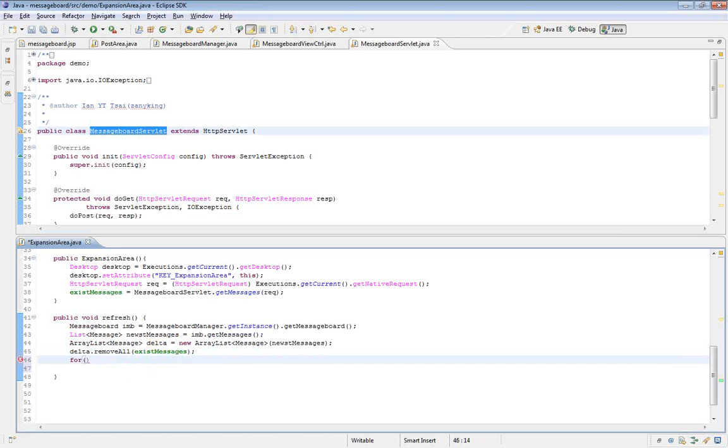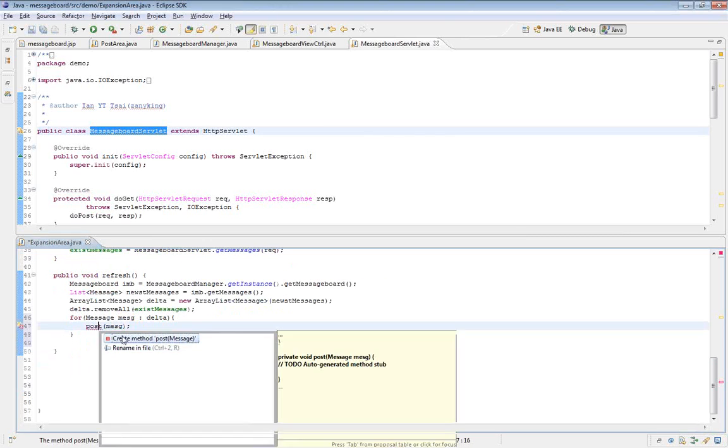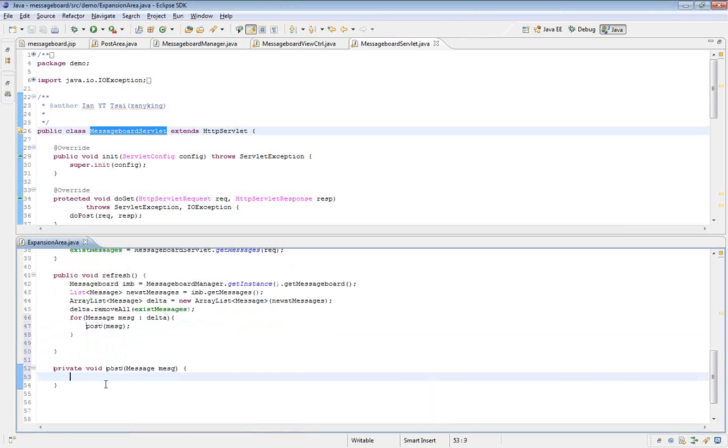So for each message in delta, what I will do is I will post a message. Okay. And then I need to implement a private message method. And inside this place,